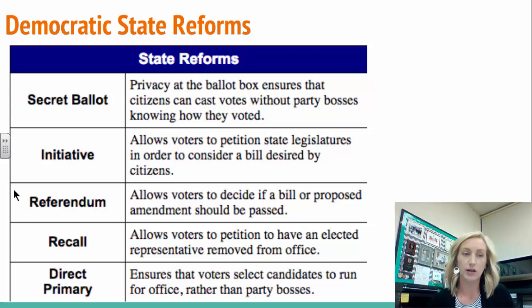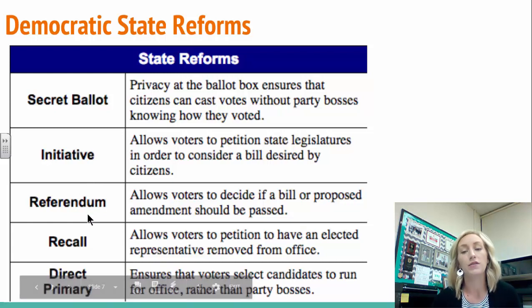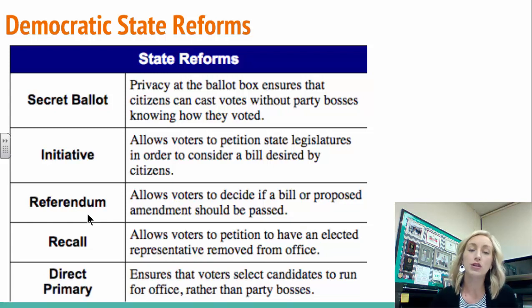And then in turn, initiative and referendum being related here, referendum then allows the voters to decide if a bill or proposed amendment should be passed, and then they vote on it. So initiative is petitioning to get the bill on the docket, essentially, and then the referendum being the citizens then vote on it. And we then had, in the state of Ohio, a referendum on the legalization of marijuana, and